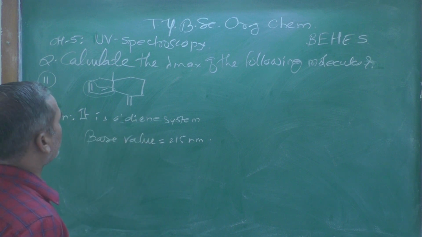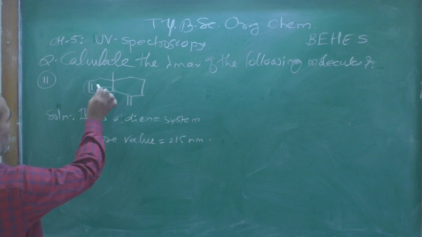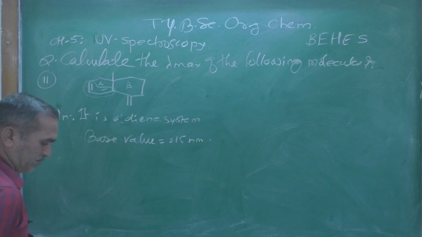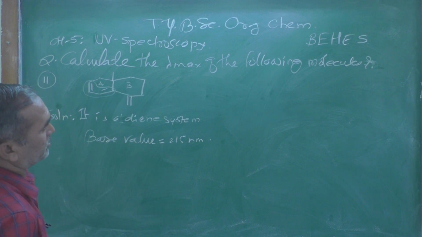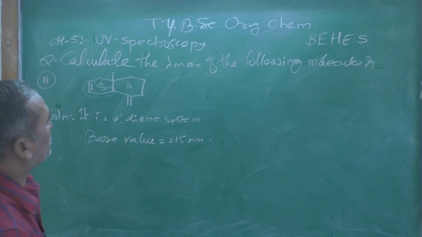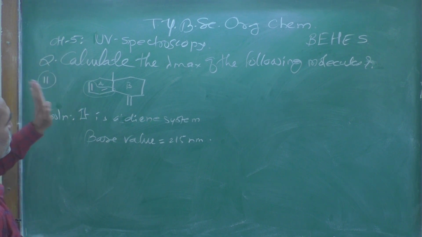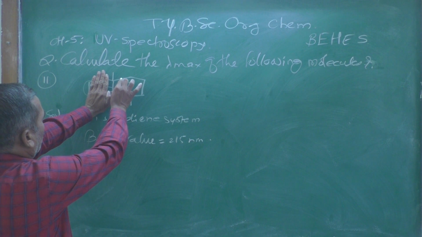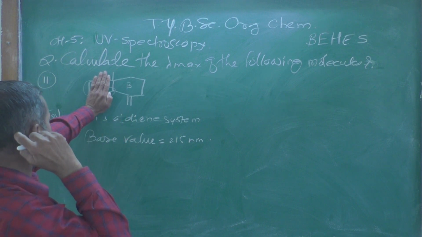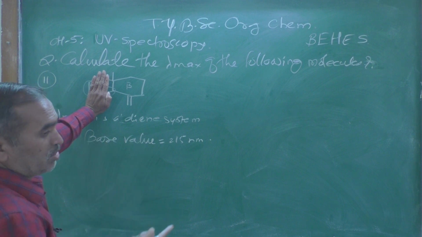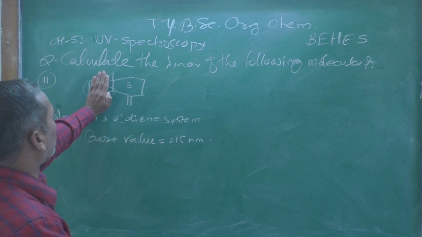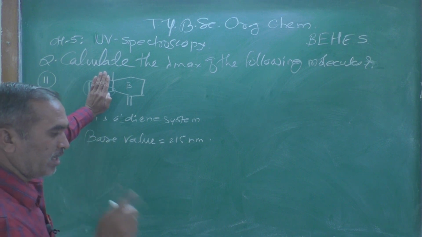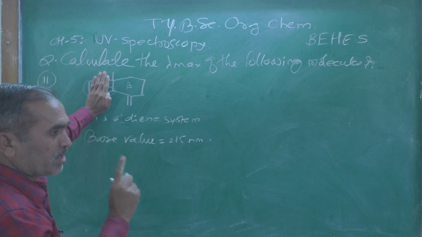See the letter number two over here. First label this ring. This you can call the A ring. This will be the B ring. And after labeling that, we try to find out the exocyclic double bonds. How many exocyclic are present? If you put a hand on the A ring, what do you see? 1, 2 and 3 exo bonds are there, but there is no double bond attached to the A ring. Therefore A does not have an exocyclic double bond.